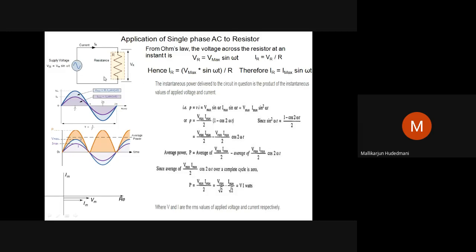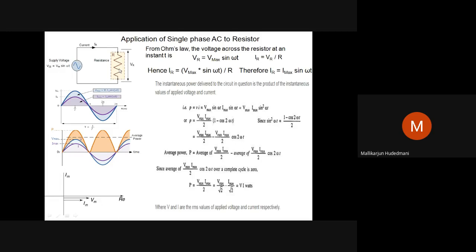Later, is there any consumption of power by this resistor? Definitely. Whenever we connect a voltage to a resistor, it consumes power and puts it out in the form of heat. Then what is that power consumed? How to account for it? Then we have to understand these two waveforms. We can see here there is an instantaneous voltage wave. We have to observe the instantaneous current wave, and over one cycle, if I observe, I can quantify the power consumed by the resistor.